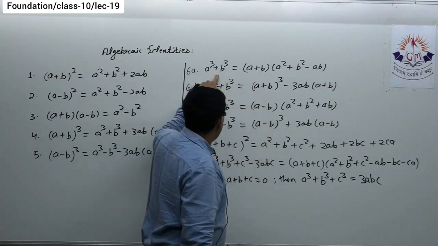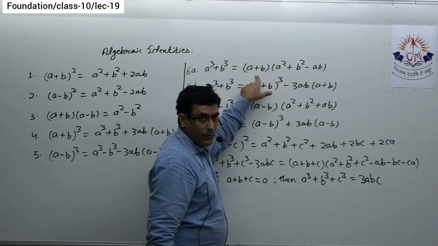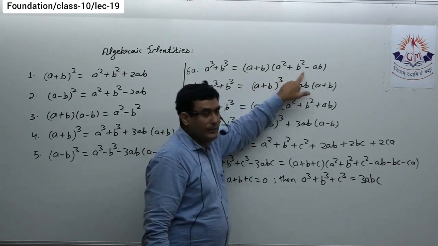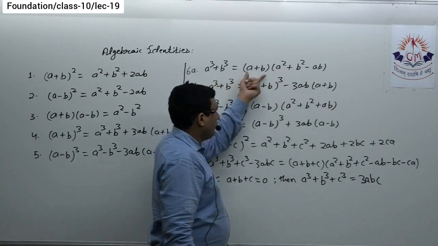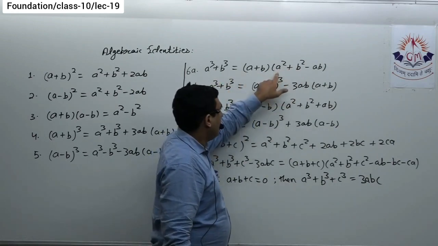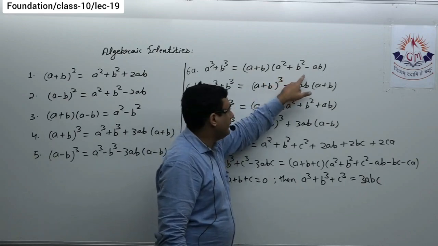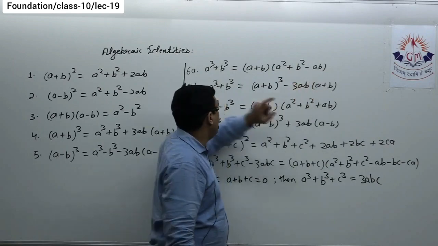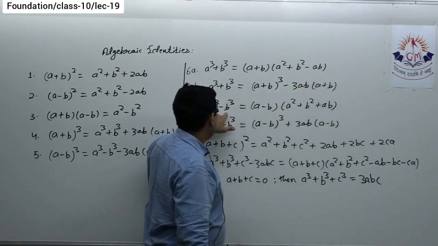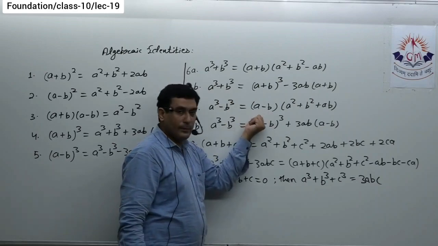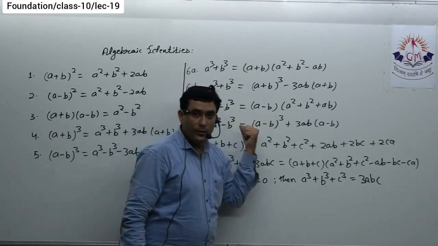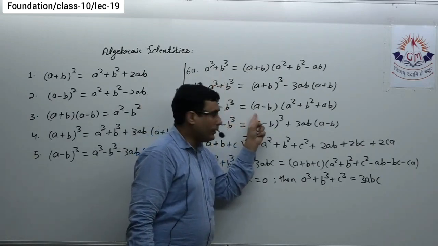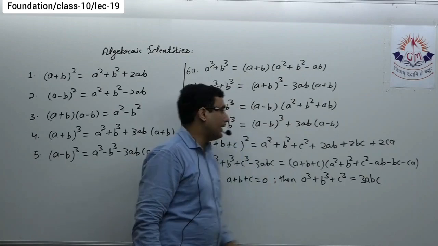As it is plus, the first bracket remains plus. Then a square plus b square. As I told you, one minus sign should be there. Now as this is plus, the first bracket becomes plus over here, and these are complete squares, which cannot be negative, so the minus sign definitely goes with the last term, that is minus ab. Similarly, a cube minus b cube, because of minus, the first bracket becomes negative. Now as I told you, only one minus sign can be there in a plus b whole cube or a minus b whole cube; the minus sign is over here, so no minus sign will come again, it won't repeat.